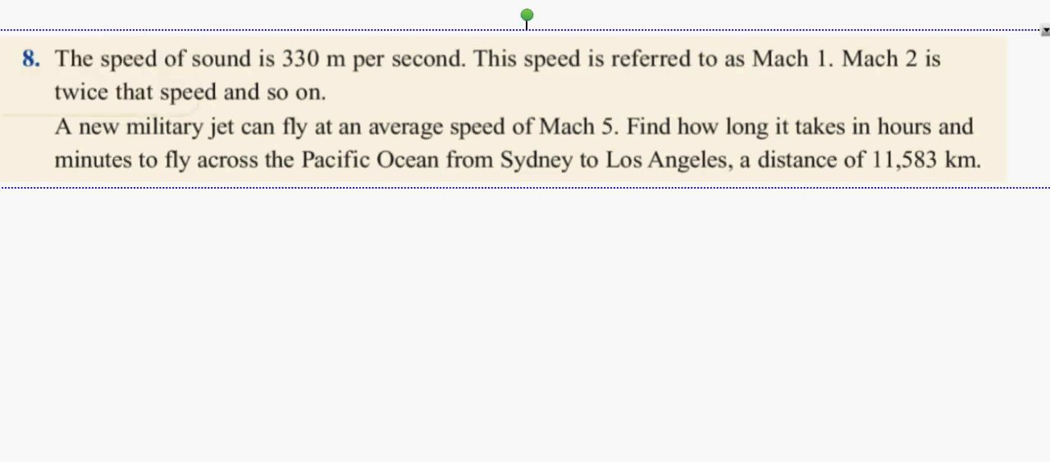Now, the speed of sound is 330 meters per second. The speed is referred to as Mach 1, Mach 2 is twice that speed, and so on. A new military jet can fly at an average speed of Mach 5. Find how long it takes in hours and minutes to fly across the Pacific Ocean from Sydney to Los Angeles